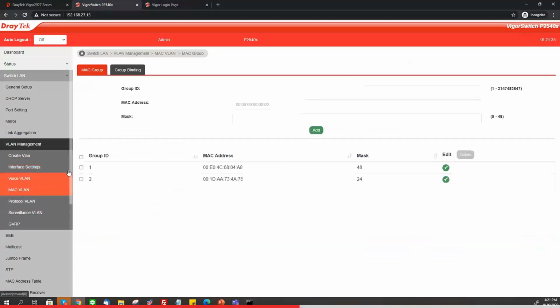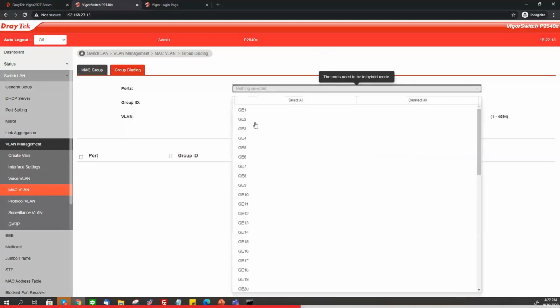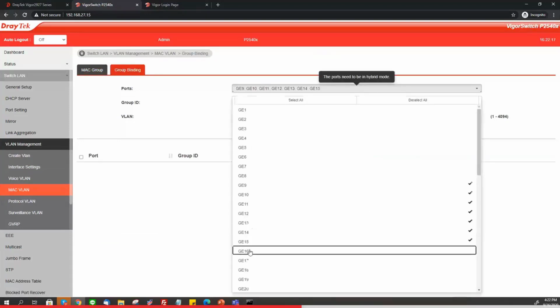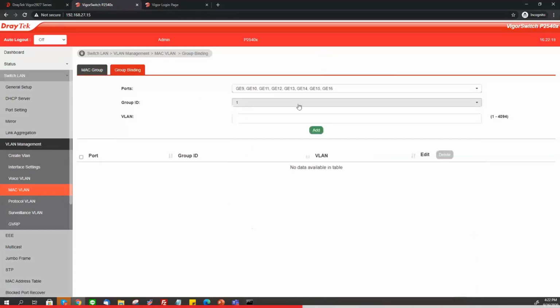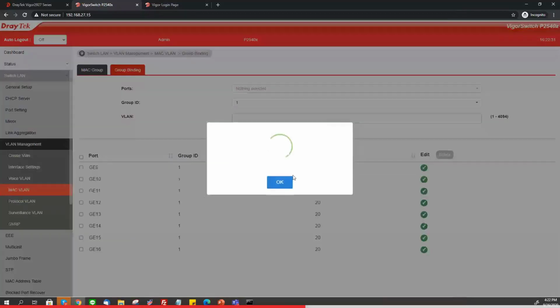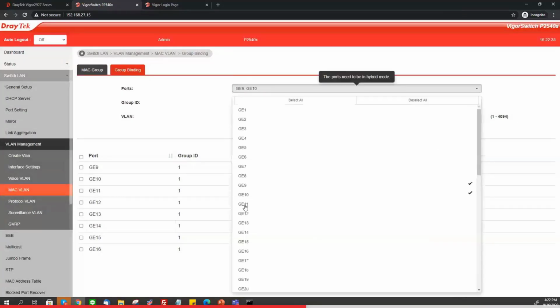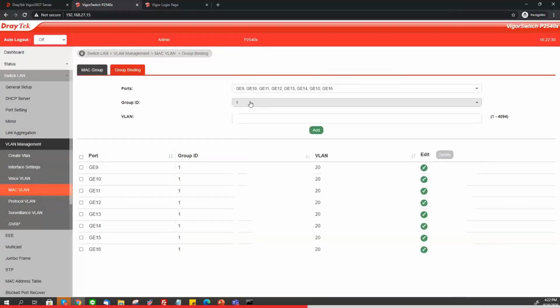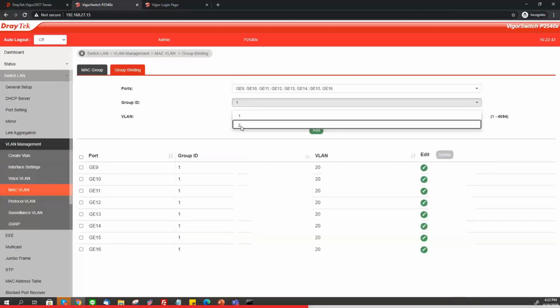Now go to Group Binding and select ports 9 to 15. Group ID 1 is tagged with VLAN 20, which has access to LAN 2. Group ID 2 is tagged with VLAN 30, which has access to LAN 3.